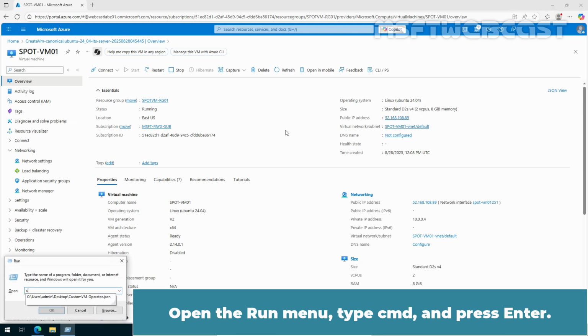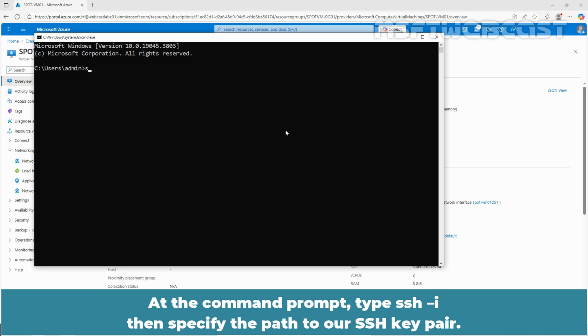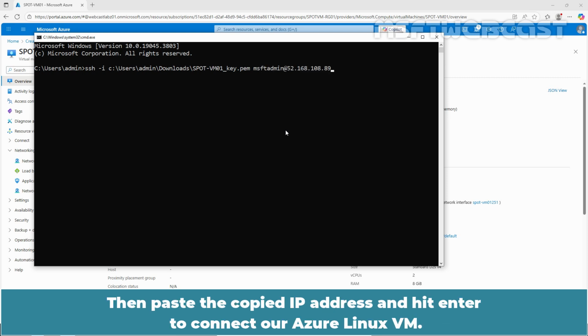Open the Run menu, type CMD and press Enter. At the command prompt, type ssh -i, then specify the path to our SSH key pair. Then type username@public IP address. In our case, we need to type msftadmin@ then paste the copied IP address and hit Enter to connect